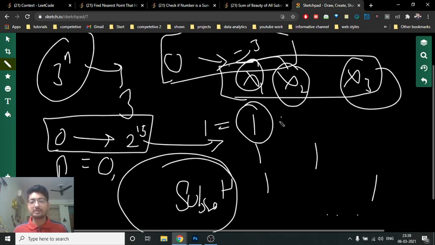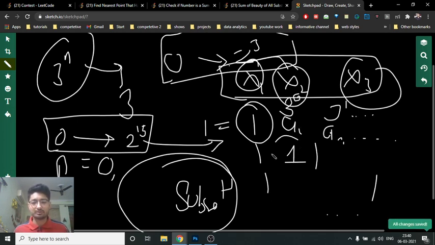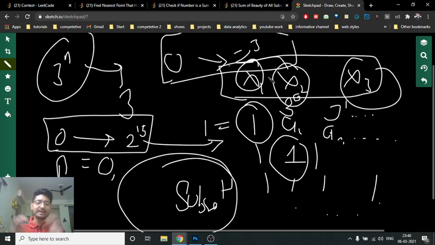Okay, so then maybe you have 15 numbers, a1, a2, a3 and so on. Then maybe you just have to take out the first element, because all the numbers are in 3 representation, which is like the numbers are 3 to the power 0, 3 to the power 1, 3 to the power 2 and so on. So the first case can be just take out the first number, second case can be first and second number, the third case can be the first, second, third number and so on. So you can just iterate over all the possible numbers and find out whether any number is equal